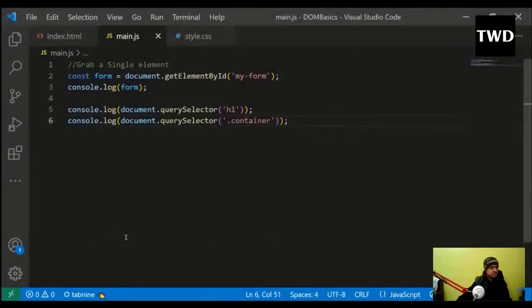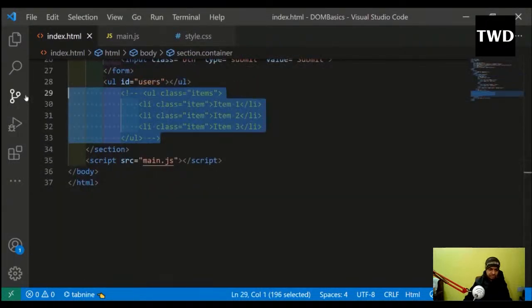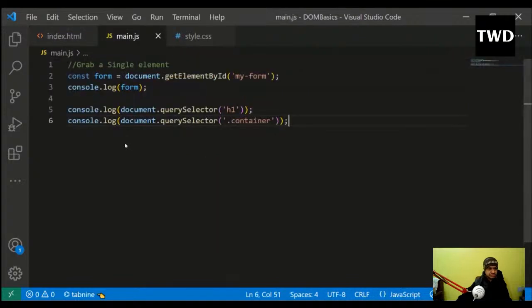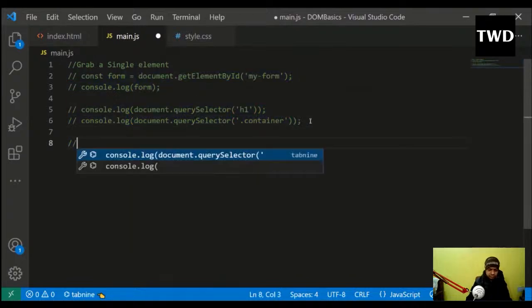Okay, so now we will learn how to grab multiple elements. For grabbing multiple elements, the first thing we are going to do is come here and select all the items. This was commented out, so I will uncomment all those things. But the main thing is that we are going to grab multiple items. So I'll come back here, comment all of this out, and now I will write grab